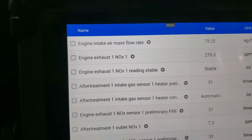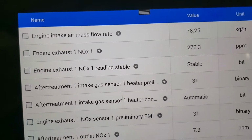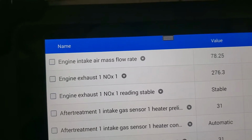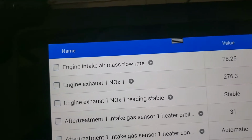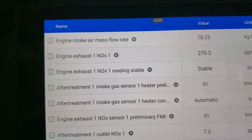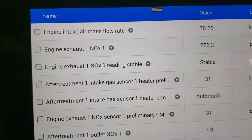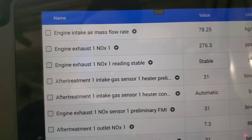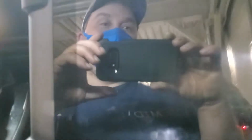I was working on a 2017 New Flyer with a B6.7 Cummins engine in it, and it had codes for the DEF quality sensor: abnormal update rate, the temperature not correct, abnormal update rate, and the level. It also had a code for the intake NOx sensor for abnormal update rate. So I've got two of those codes coding, and I bet you're asking yourself, well, which route do you go? So the first thing I did was I hooked up the Autel here,